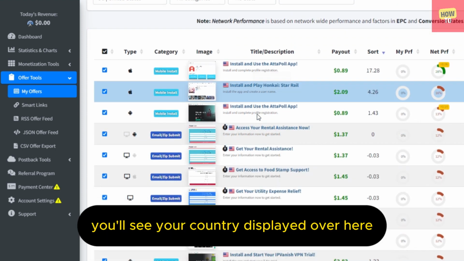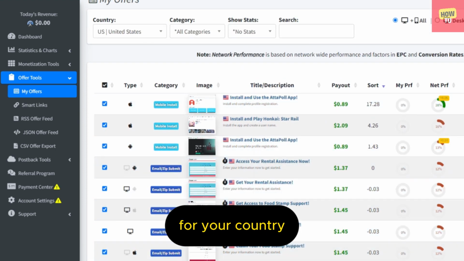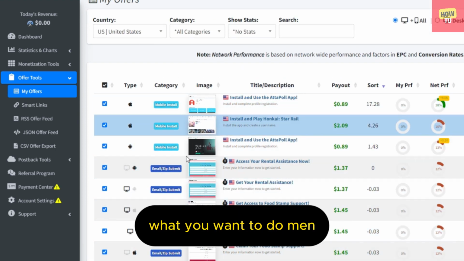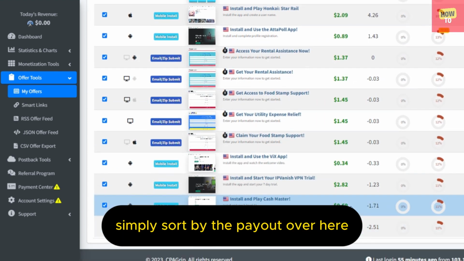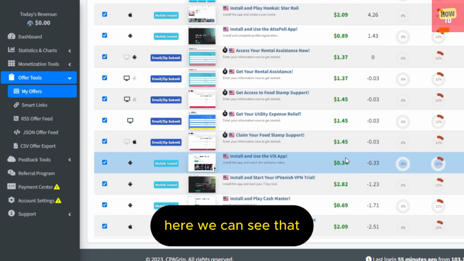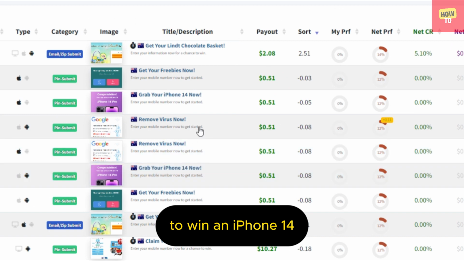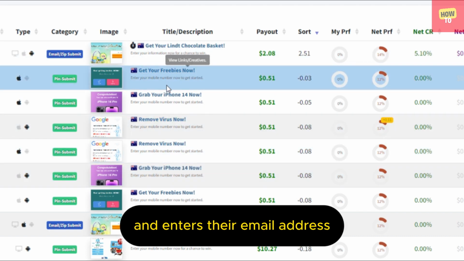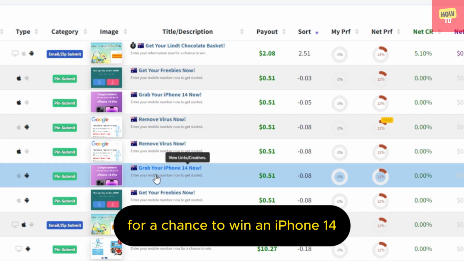You'll see your country displayed over here along with all the related offers for your country. What you want to do is simply sort by the payout over here and sort to the highest payout. For instance, here we can see that if we share this link to win an iPhone 14 and someone clicks on it and enters their email address for a chance to win an iPhone 14, we will be paid